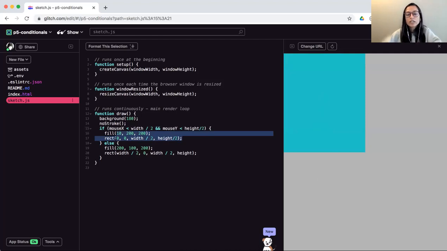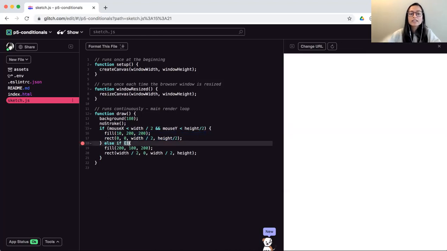So let's try to do the same for our second condition. So here I'm going to, else doesn't work because we need another condition. So we'll say else if, and else if is something optional, but you can keep on adding as many conditions as you want. So here I'll say else if